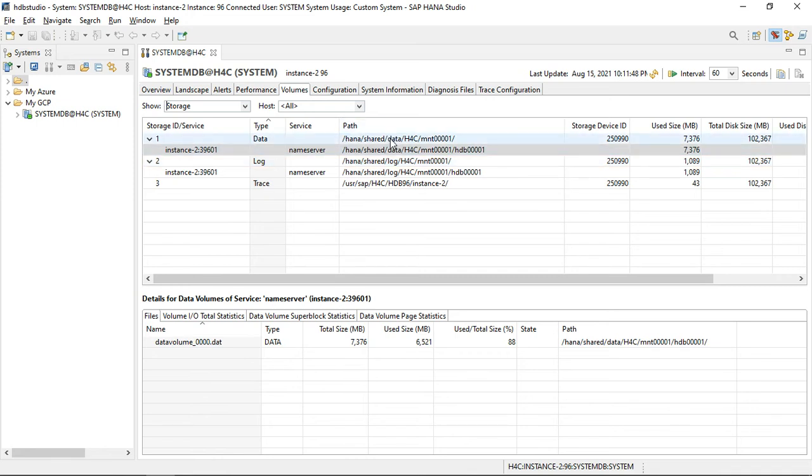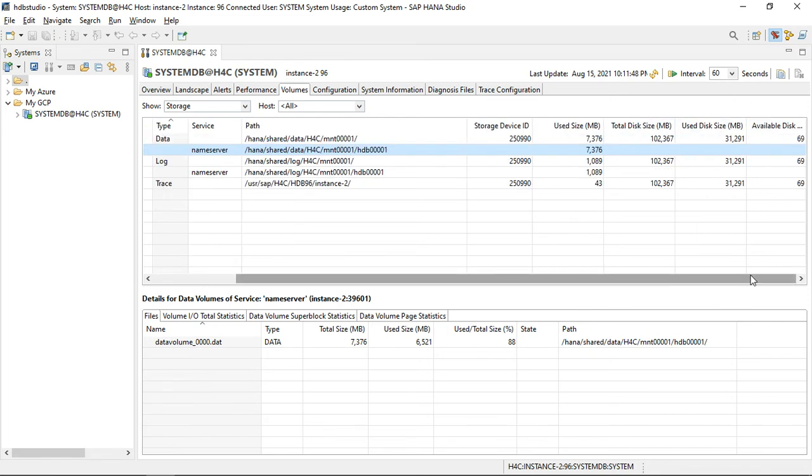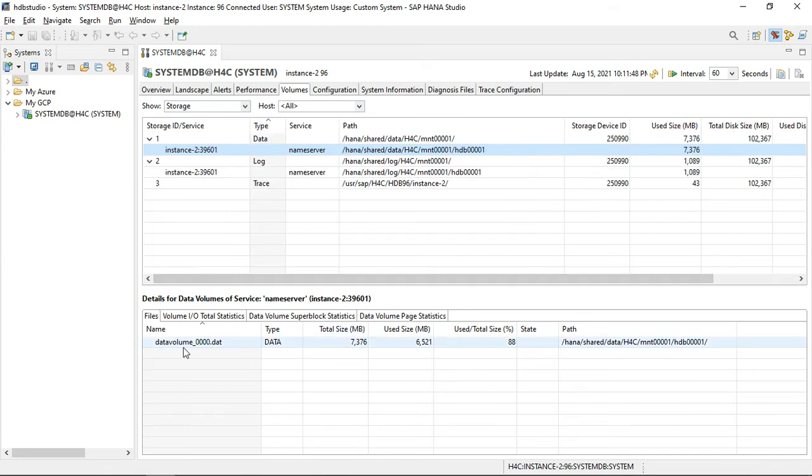This is the path where we have volumes. These are our data volumes of the database. Then you can see what is the used size and what is the total disk size. You can get information like the available disk size and what is occupied, and at the bottom you can see exactly the files, their path, and their actual used size.